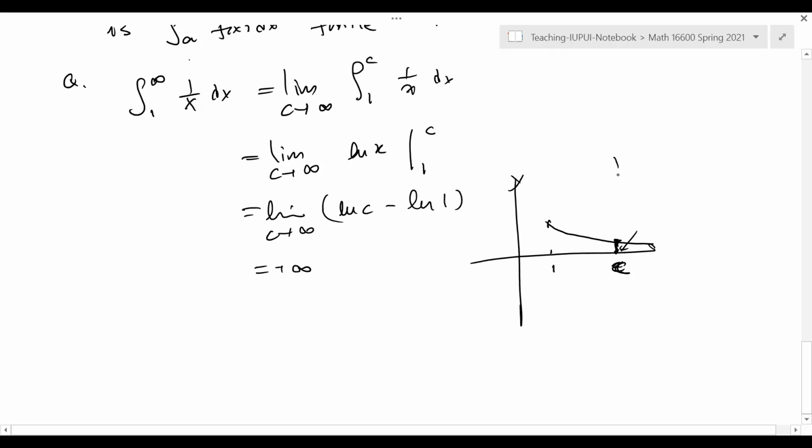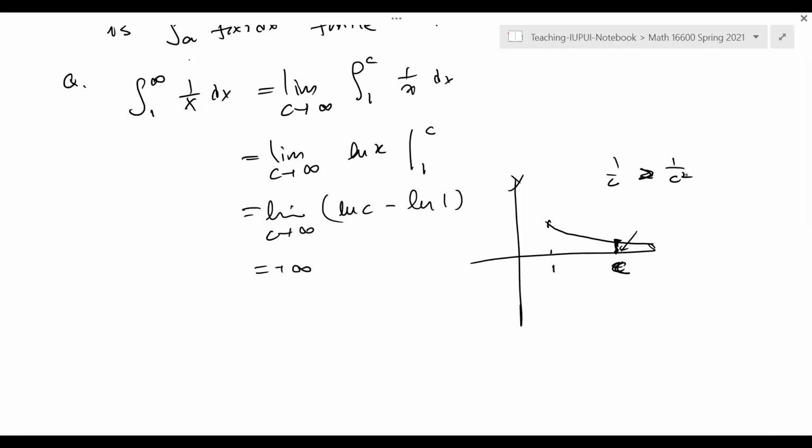So 1 over c is greater than 1 over c squared. That means the unbounded region, as c approaches infinity, closes up slower than in the previous example, so that